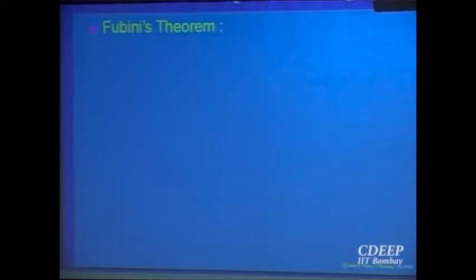So you can again integrate it out, you will get some answer, some number. And the claim is this number is same as the double integral of the function of two variables. So it says to integrate a function of two variables, if it is integrable, say for example if it is continuous, you can integrate one variable at a time and get the answer. So that is a very useful theorem, right? So it pushes the problem on integration of one variable. So let us state that theorem and we'll have a look at it again.